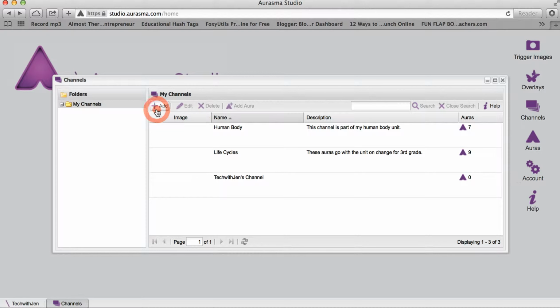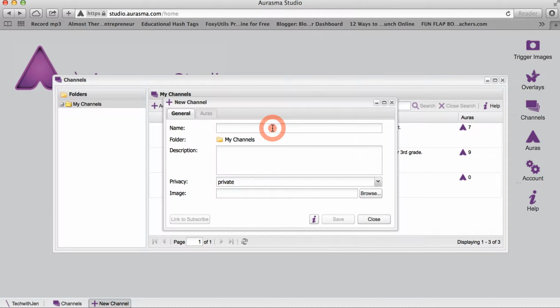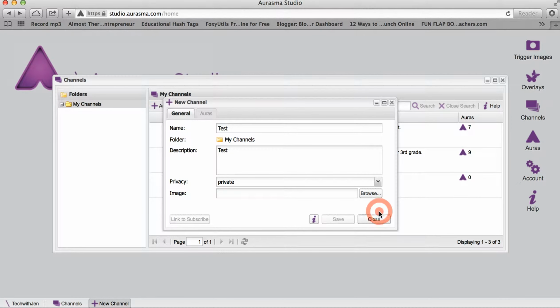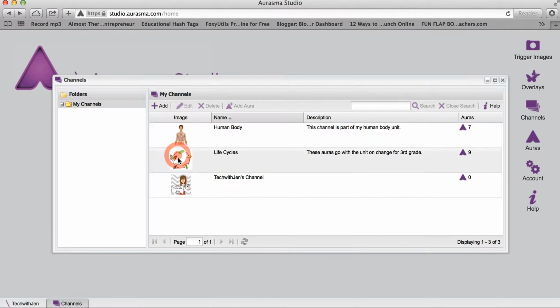Go to channels, and I can add a channel. Usually I like to add a channel for every unit I make. So I could add a channel. I'm not going to, but all you have to do is just call it test. I could describe whatever I want. I can make it public or private, whatever. Best to make it public if you want your students to see it. And then I can also add an image to that to make it work as well. Because you see how these all have images that go with it. So I'll just use this as my